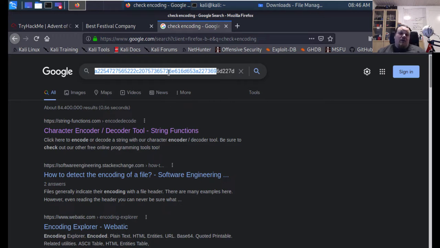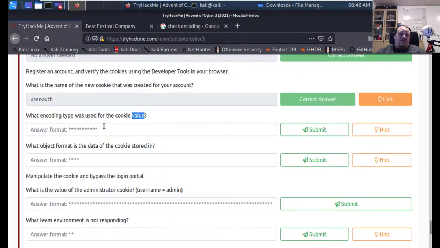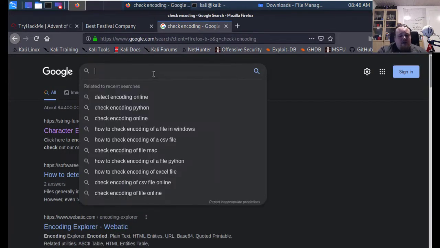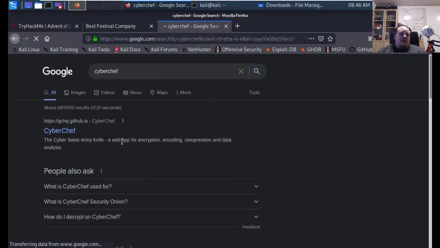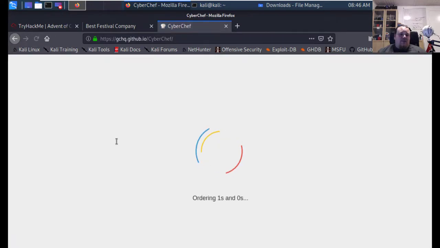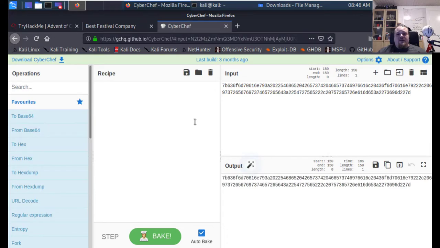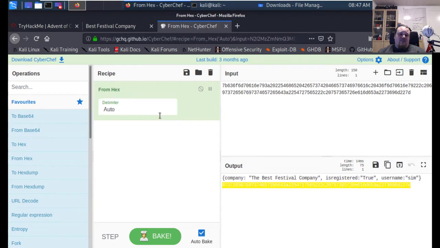That is hexadecimal. So the answer they want here could be many things. Counting the stars, it could be hexadecimal, but let's just find out by going to Google and visiting the site CyberChef. Let's go to that site. It's on GitHub, and let's input the string right here. And what we need to do here is choose the recipe for it to bake or decode the string. So right now it's just nothing. So we think that this is hexadecimal. So let's say it's from hexadecimal, and yeah, already now we see that